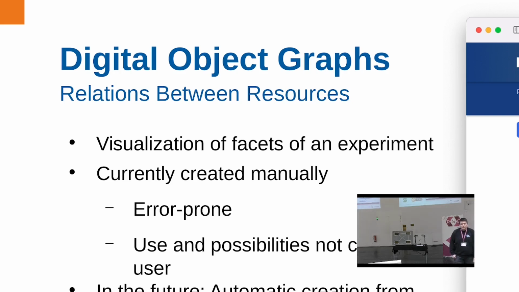Another feature is the digital object graph, and you can have multiple in each project. They show relations between resources, and you can use them to visualize different facets of an experiment. Currently, these are created manually, which, of course, is error-prone. And we noticed that users don't really see how to use them and see the possibilities. They are not clear at the moment, and so we want to automate this process of creation of digital object graphs based on